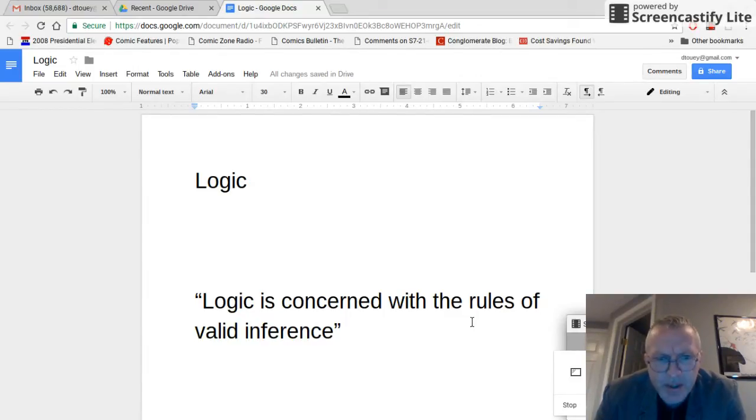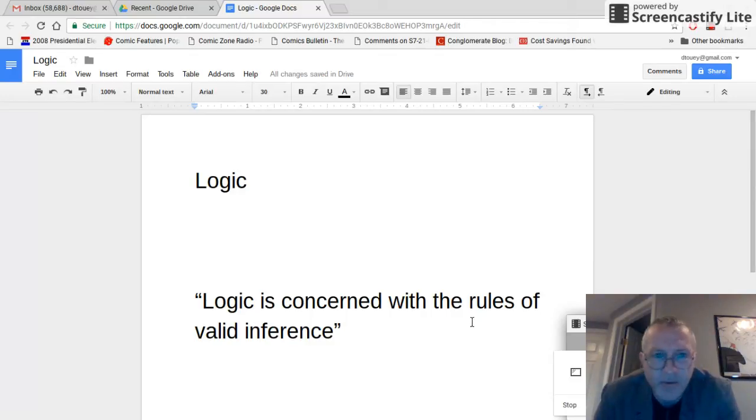If we just look at the word, logic is similar to the word history, in that it has a range of meanings, but it has this interesting double meaning. When we think of the word history, we could be referring either to the events of the past themselves, or to the study of the events of the past. That is, history could mean studying, as in being a historian, the study of things that have happened in the past. Or we could be using the word to actually refer to those events themselves. The same goes for logic.